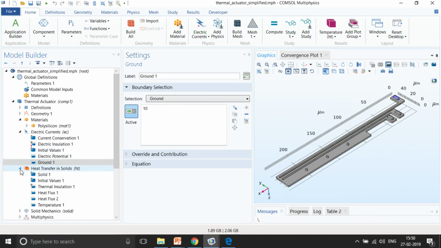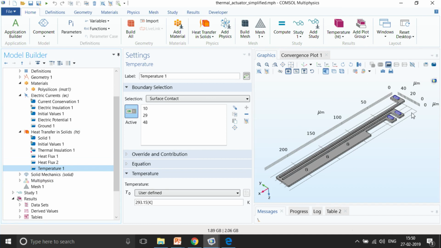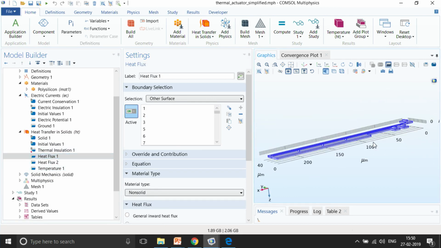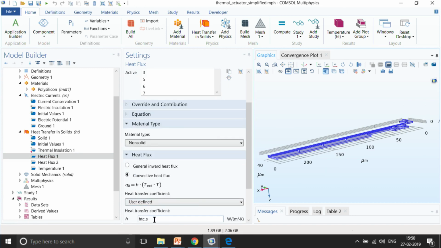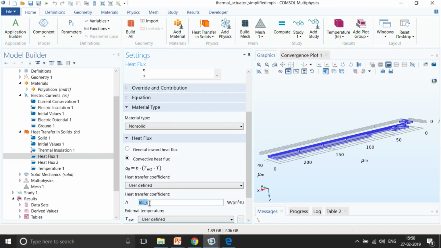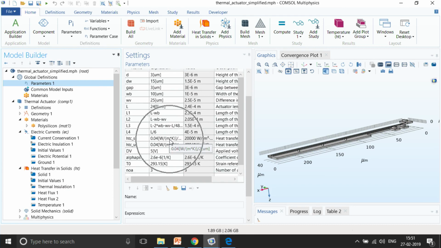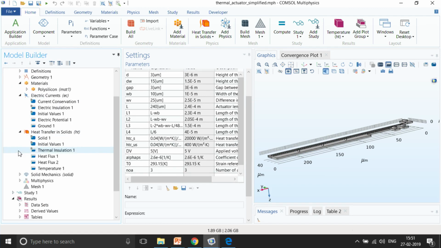And then in the heat transfer we give temperature boundary condition, that is the room temperature at these points, and then we give heat flux. So it will also be getting cooled with a particular convection, so convective cooling. That is defined as HTC_s. This HTC_s has been defined somewhere over here as 0.04 watt per meter kelvin, right? So this is the heat transfer coefficient.